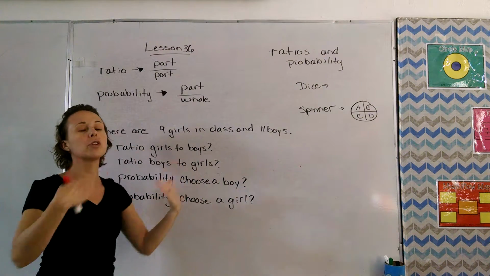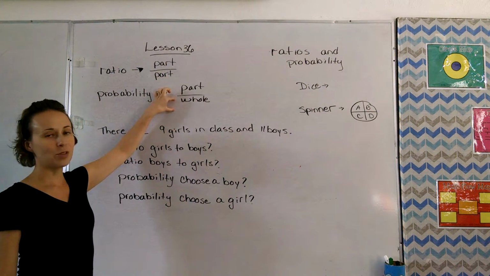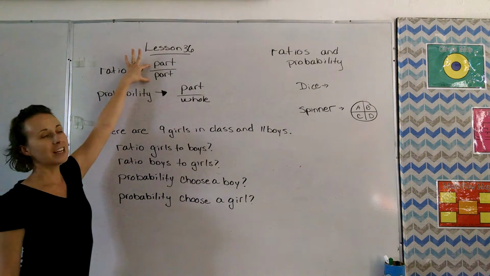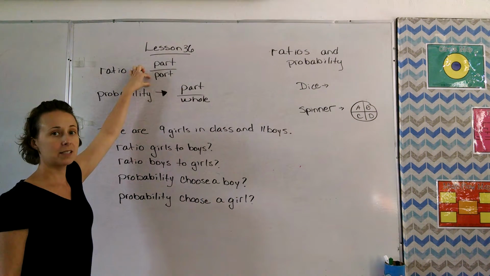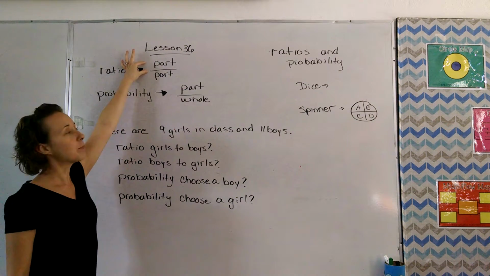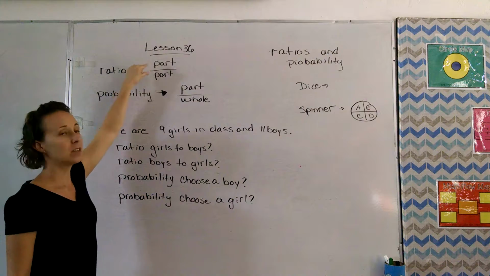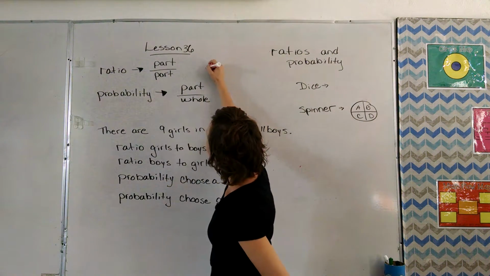So for example, 2/3 of the students went to the party. That means 2 out of every 3 students went to the party. Ratios look exactly like a fraction, but you're comparing parts to parts. So for example, 2 students went to the party for every 1 student that stayed home. 2 to 1. Another way to write a ratio is this way: part